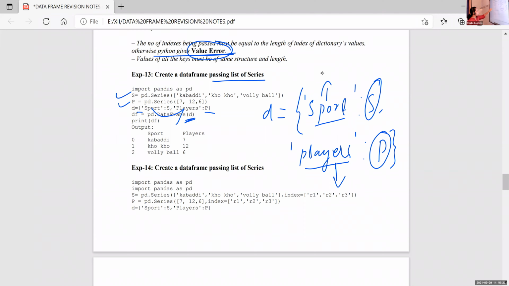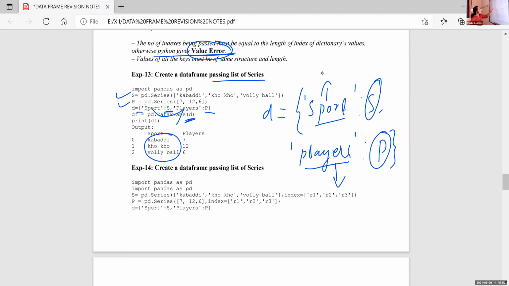These values are stored in which series, Amal? S. Yes, it is S. That is, kabaddi, kho-kho and volleyball are the values under this S. So the values of S, kabaddi, kho-kho and volleyball, are under this sports category.